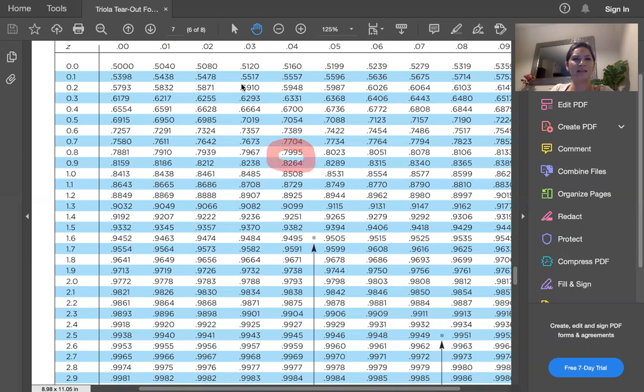And what we want is the z-score that goes with that area. So it looks like the ones place and the tenths place is 0.8. So we have 0.8. And then if I go to the top here,